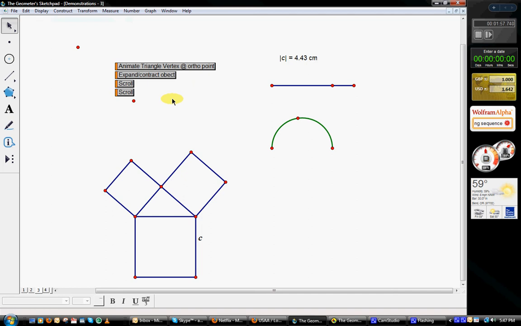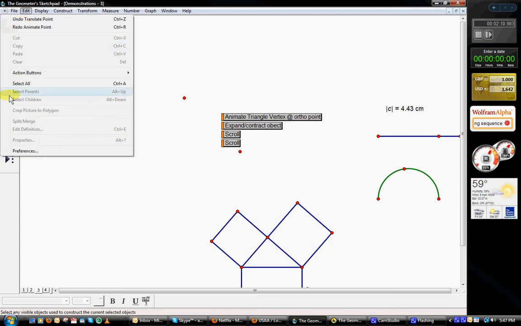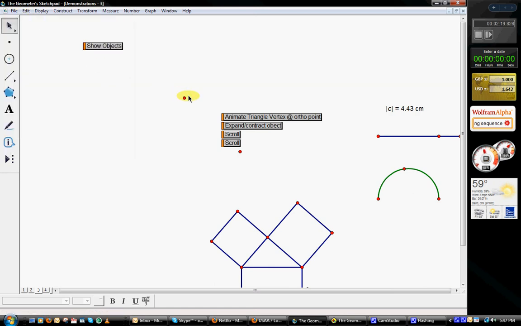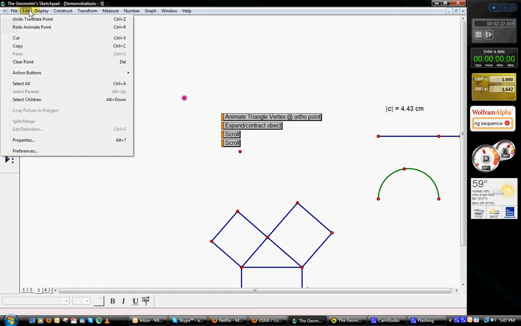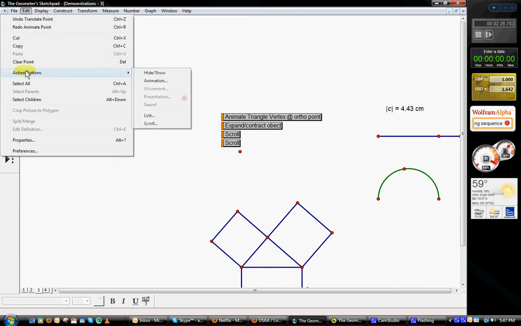Then there are the scroll buttons, and basically you can pick from two different things. You select one point, and then you can go to your menu, your edit action buttons, and if you have one point selected, scroll will be available. Let me do it here. What that does is allows you to have your